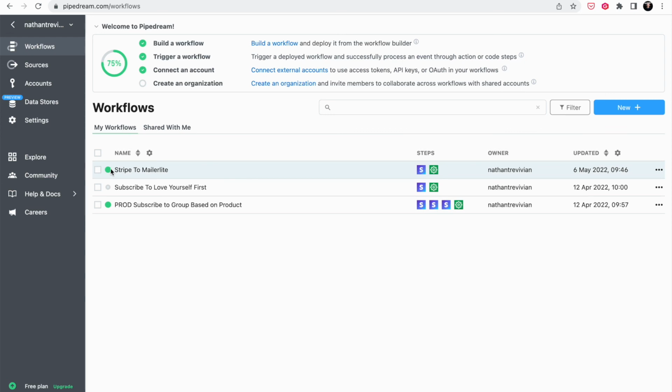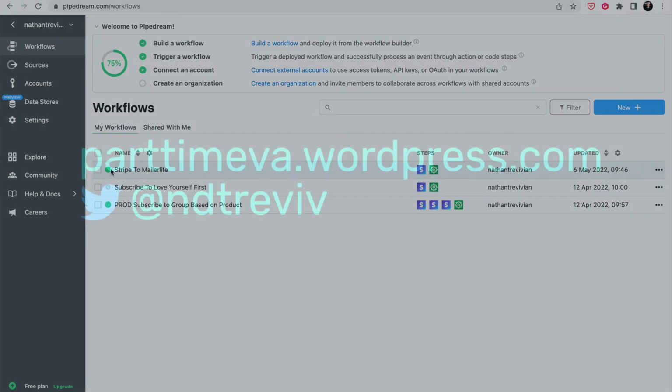Now, it might be that you want to break this down a bit more, so that it might be, for example, that you sell a number of different products which are quite different from one another, and you want to add somebody to a different group in MailerLite based on what product they've bought. That's totally possible. I'm going to show you how to do that in another video because this video is long enough already,